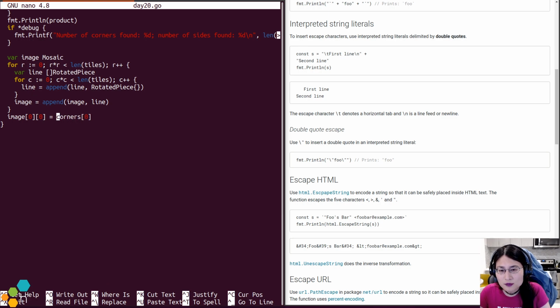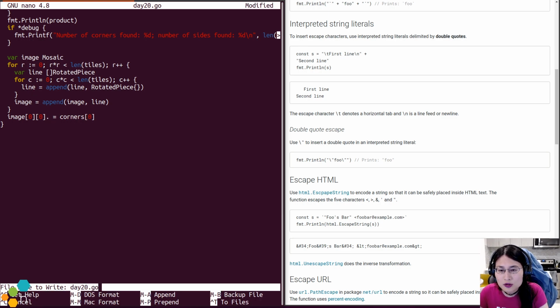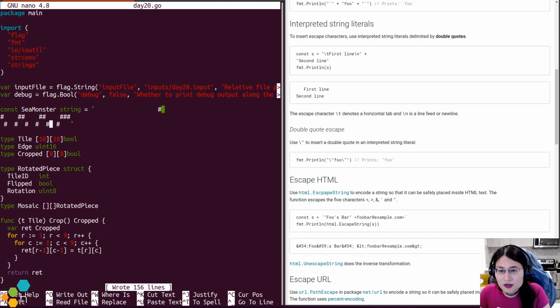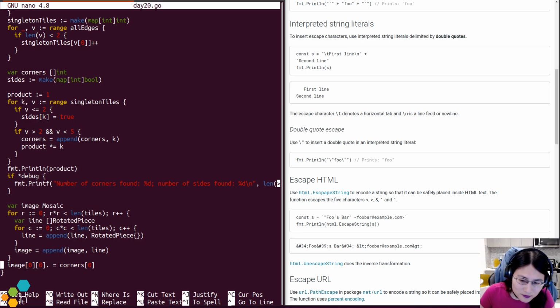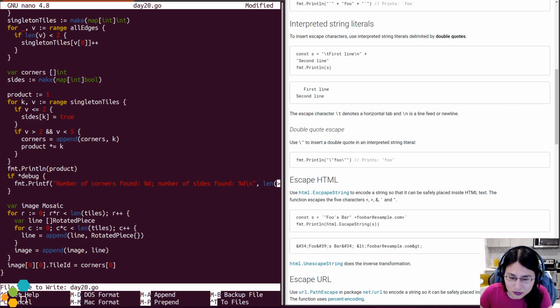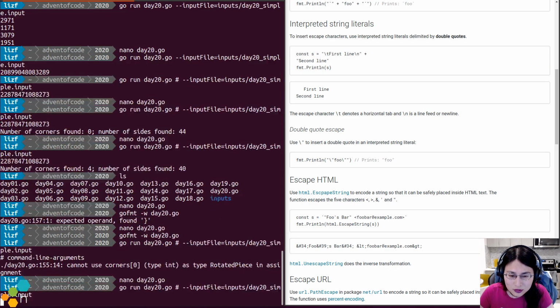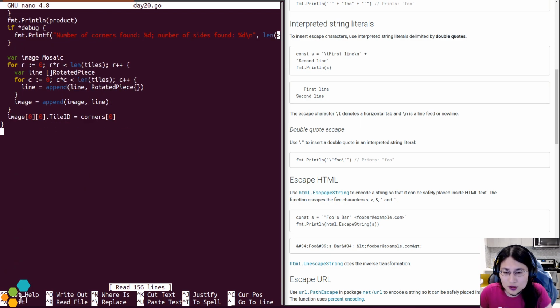Okay. So that one dot tile ID equals. All right. So now we have our starting place. So now we need to fill in the top, and then we'll find the corner that matches, and then we'll fill in the next row and so forth. Okay.